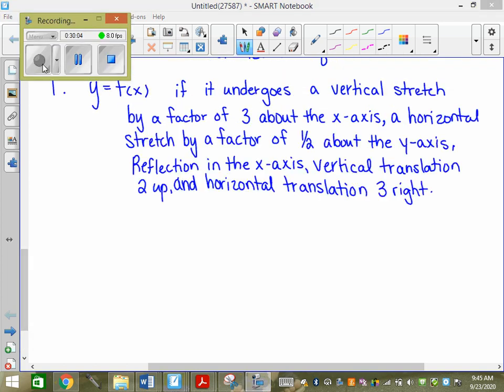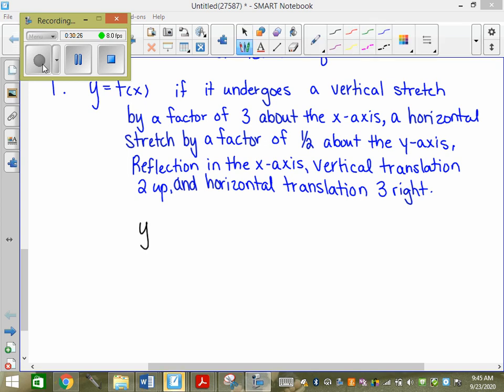Was my original transformed? Or was it just y equals f of x? What does it say? Y equals f of x, right? So I have no transformations on it. So that means you can apply everything directly to the right-hand side and you will be okay. So I could go